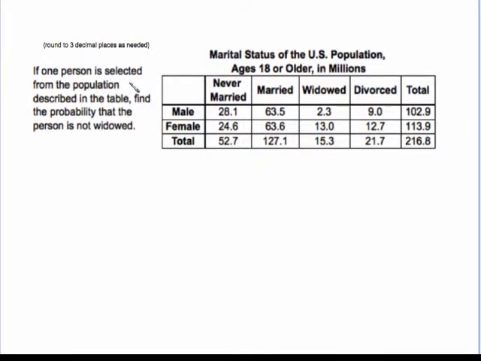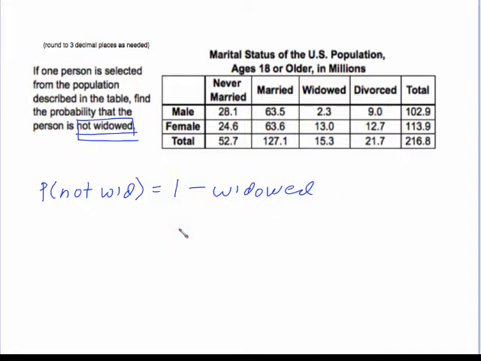Another chart, if one person is selected from the population described in the table, find the probability that the person is not widowed. All we're looking at is not widowed. This goes back to the first part of this, the 11.7 video on this idea of not. So, not widowed. Well, I know that the probability of not widowed is equal to 1 minus widowed. So all I have to do is 1 minus the total number for the widowed, which is 15.3 out of